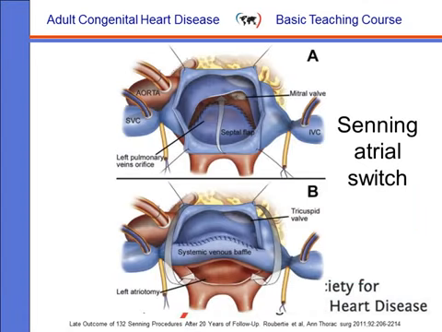In the Senning procedure, the interatrial septum is not cut away, but after the incision, the septal flap is used to create an anterior part of the left atrium, where the systemic veins will drain in, and a posterior part left open for the pulmonary veins. And you see on the bottom half the sausage, where the systemic venous baffle is indicated, will lead the systemic venous return towards the mitral valve,